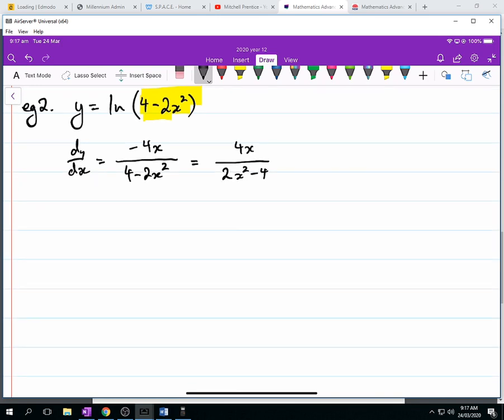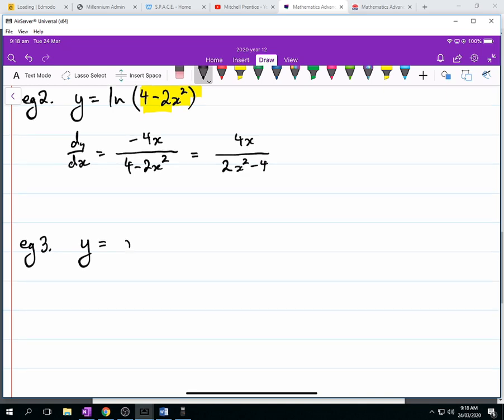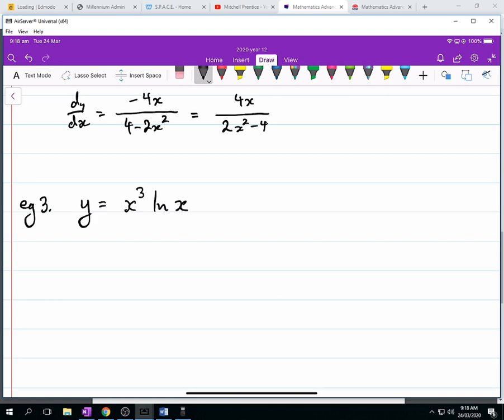and answer different questions involving those. So for example, just say we had maybe Eg3 is y is equal to, just say it's x cubed, and then ln, maybe we'll just say x cubed ln x, and then we'll have a look and see what we've got. So this is our product rule question. Okay, we've got a